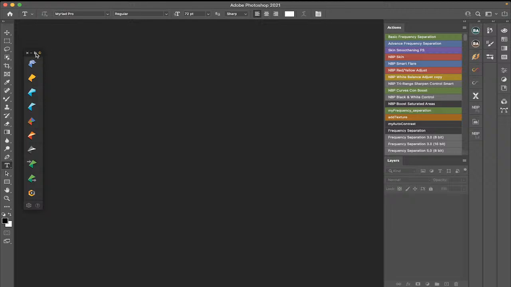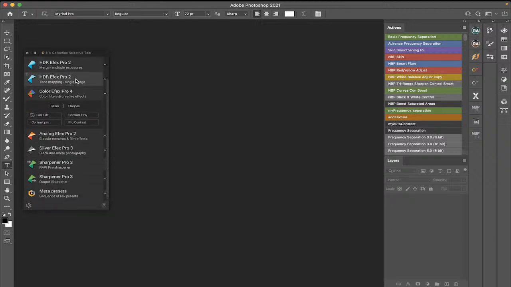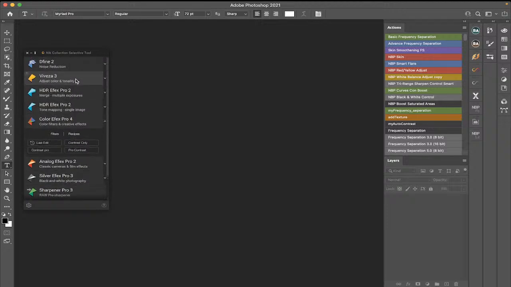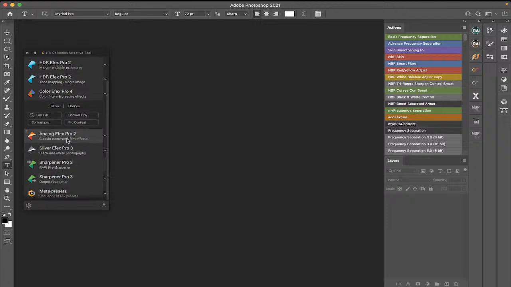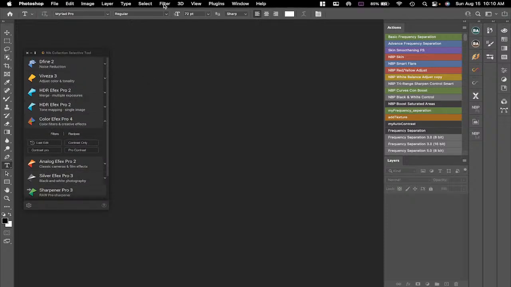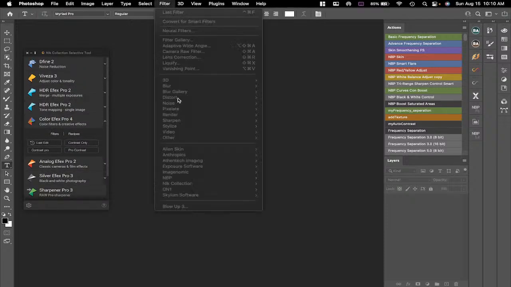So usually what I do, if I'm using it, I'll leave it up like this temporarily, and then I'm able to make my selections. But if you go over to your filters, you will also have that in your filters, and you'll be able to open an image in your filter from your filter stack. So that's one way to do it. But like I said,